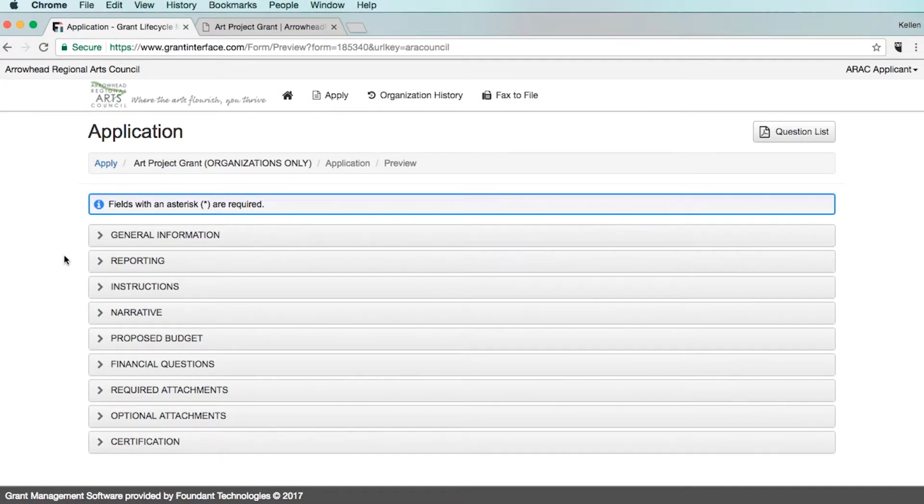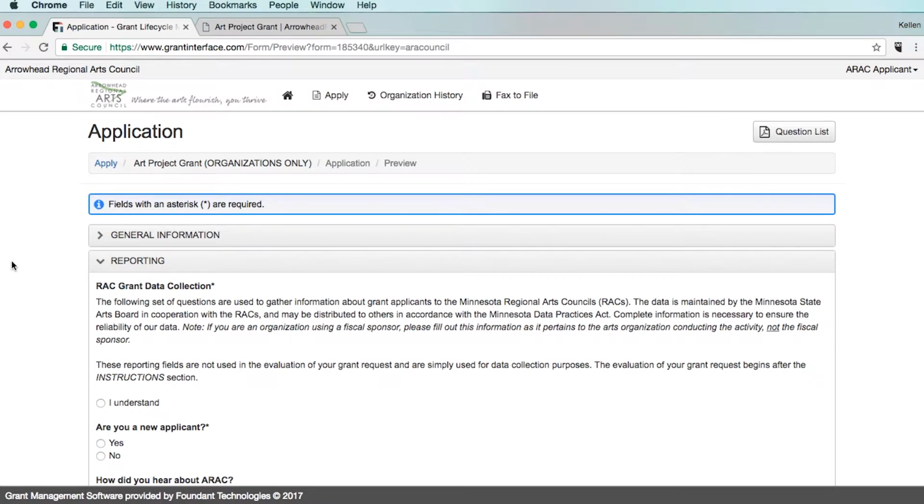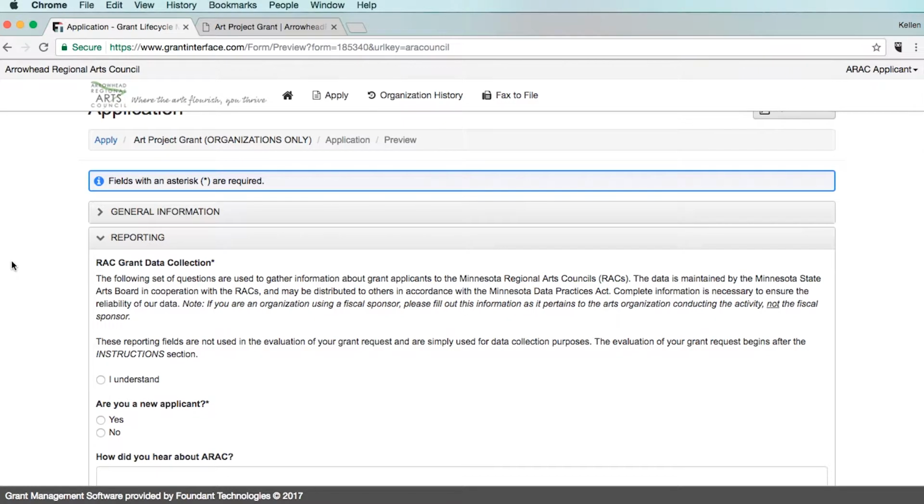The next section of the application is the reporting section. This section of the grant application contains information that we must collect for the state. Some of the questions later on in the application may seem redundant after answering these first questions, but please note, this section of the application will not be seen by reviewers, so please take your time in answering each and